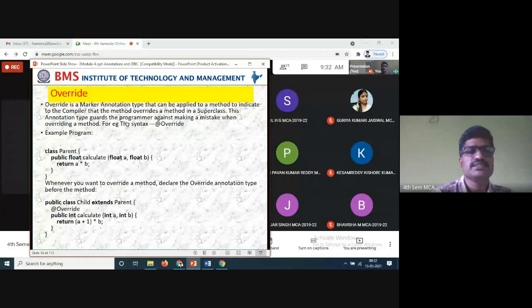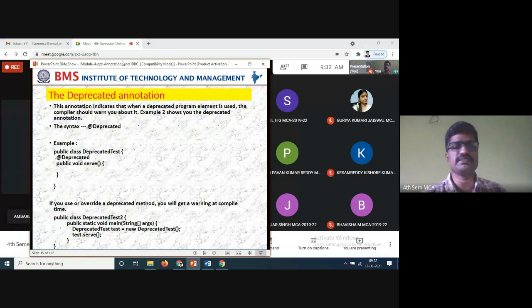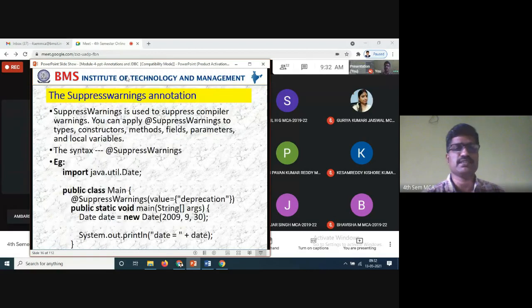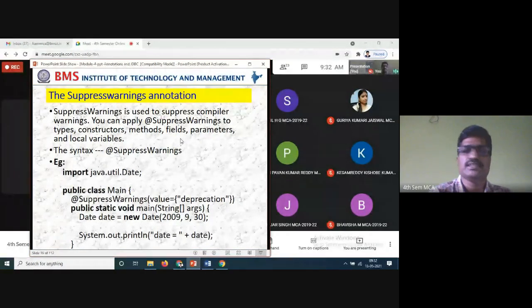We have seen override examples, and displaying the messages. Deprecated is nothing but displaying the error messages, and displaying the methods also, some of the warnings for types of constructors, methods, all these things. That's what we had discussed yesterday in JDBC connections.